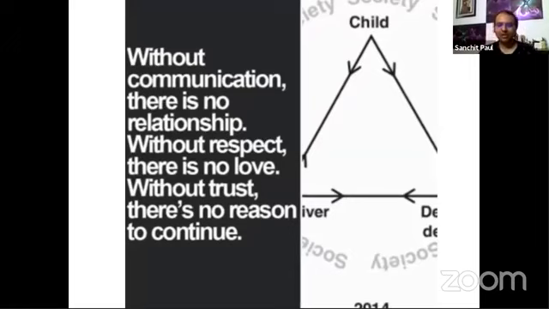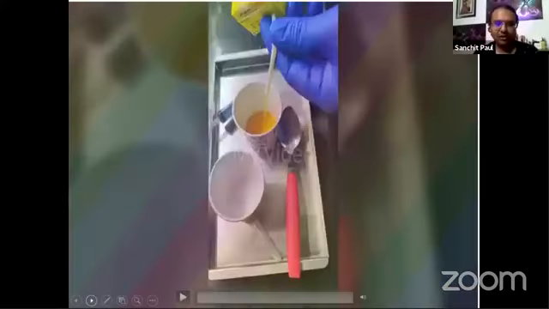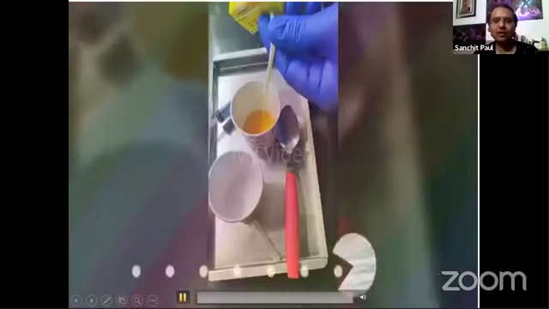The ultimate outcome is not only the treatment, but also to make sure that both the parent and children are positive after the treatment. Now let's watch another quick video of how to go about this oral sedation procedure.